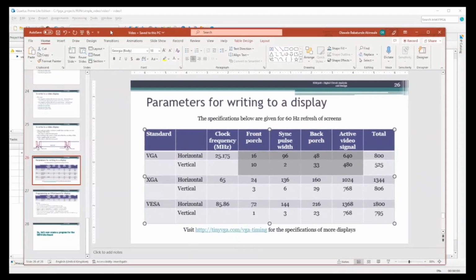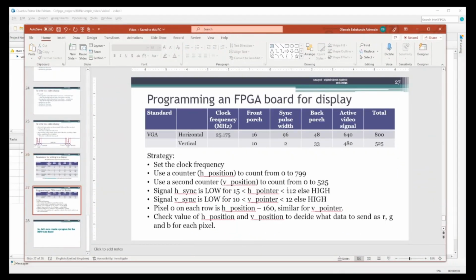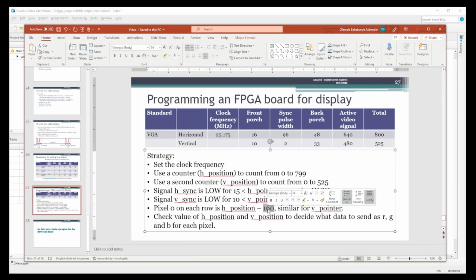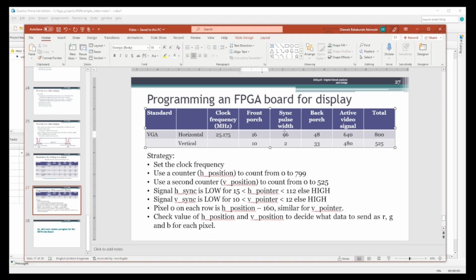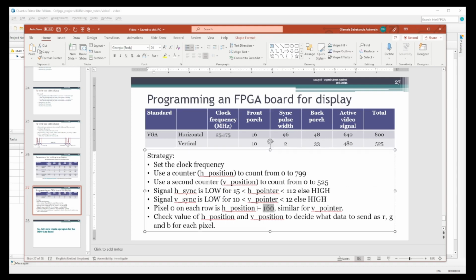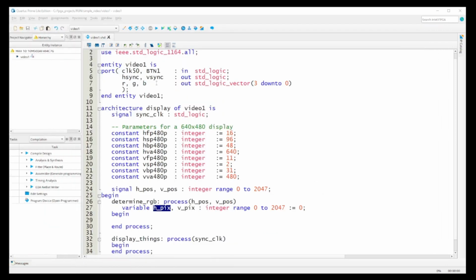So remember what we said in the last video, where pixel 0 is H position minus 160. How do we get 160? Front porch plus sync pulse plus back porch gives us 160. So present H position minus 160 will give me my horizontal pixel at any point in time. So I'll just keep track of my H pix and my V pix, and that should be good. So we could go ahead and just start with that. So my H pix at any point in time will be equal to,